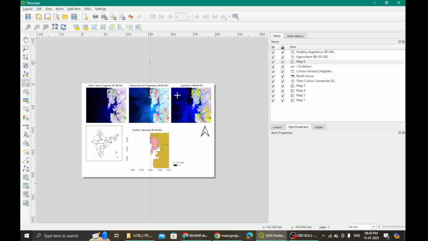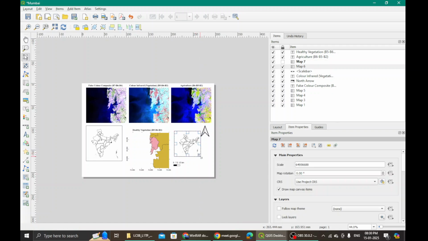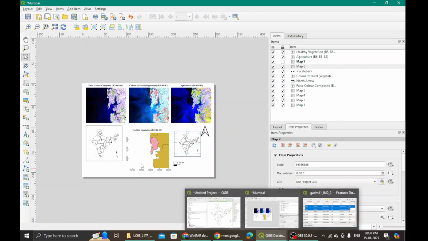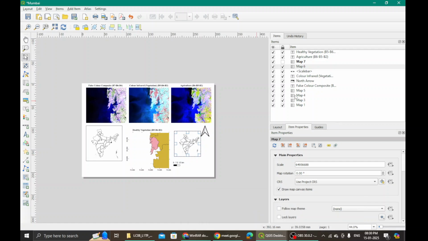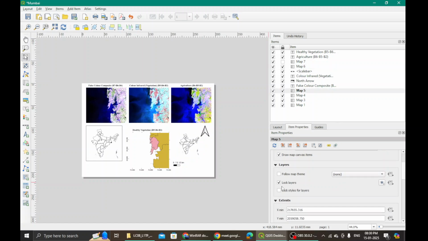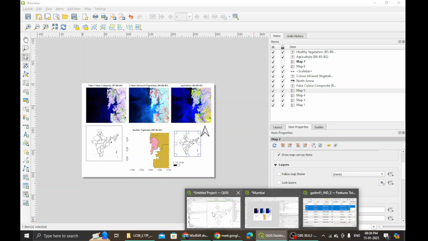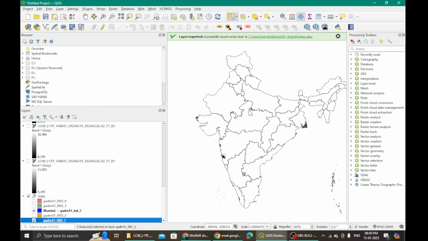I add another map, add map, and I add another map here such that this becomes visible. Everything else I have, hopefully this was map 6. No, it was map 5. Let me just see if I have not. This is why it is happening. I had not locked it, because of which it has changed. So I come back here. Okay, I go back to this canvas. Here what I will do, I know this is my Mumbai area, correct?